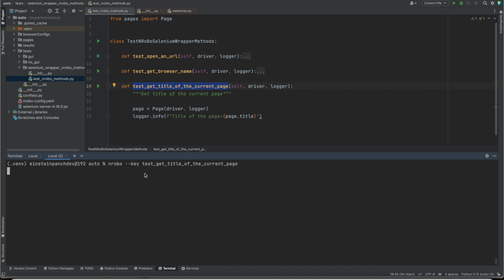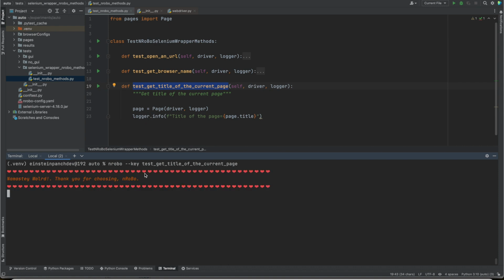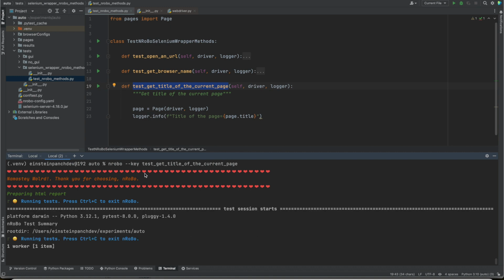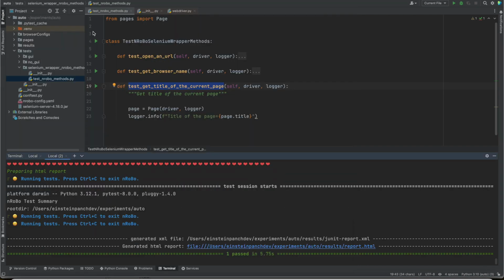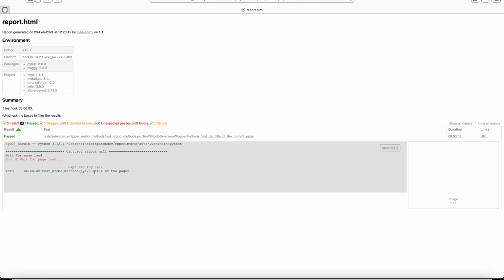Use the key test method name. Test started running. Browser instance one up and get the... by the way, we forgot to open the URL,